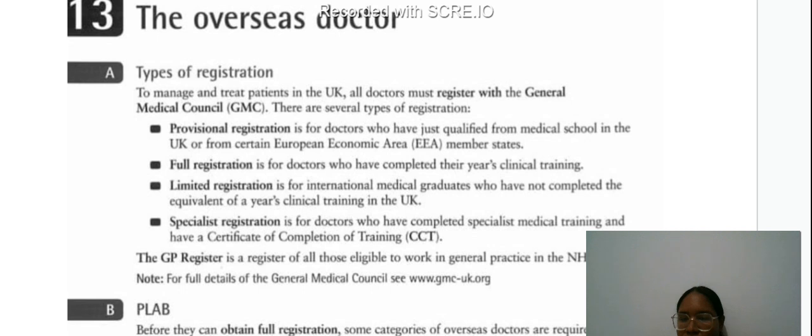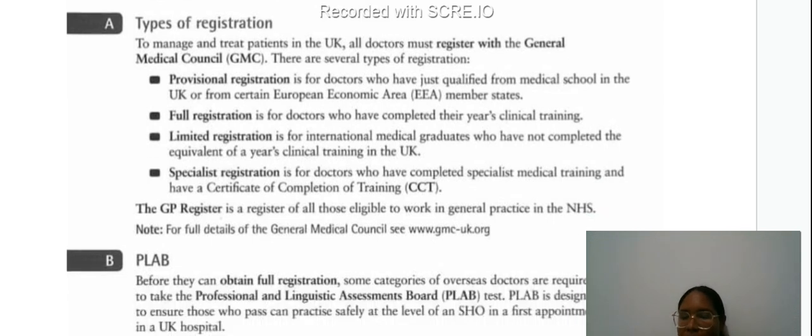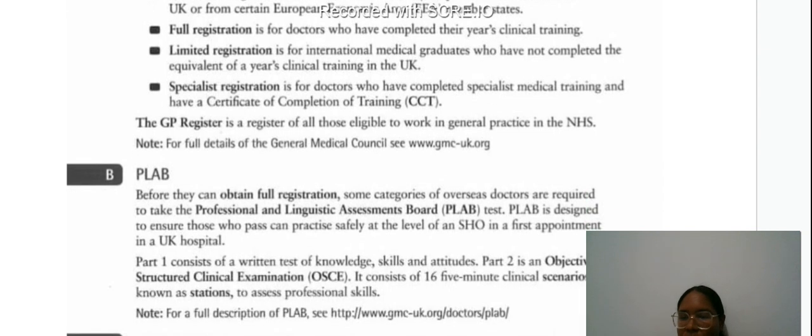Limited registration is for international medical graduates who have not completed the equivalent of a year's clinical training in the UK. Specialist registration is for doctors who have completed specialist medical training and have a Certificate of Completion of Training (CCT). The GP register is a register of those eligible to work in general practice in the NHS. Now, for full details of the General Medical Council,